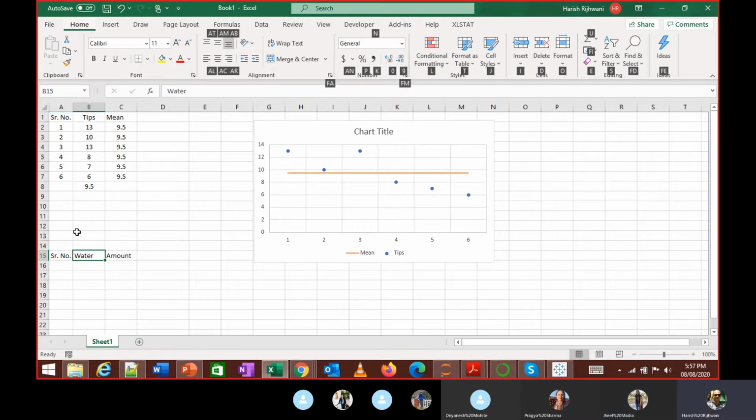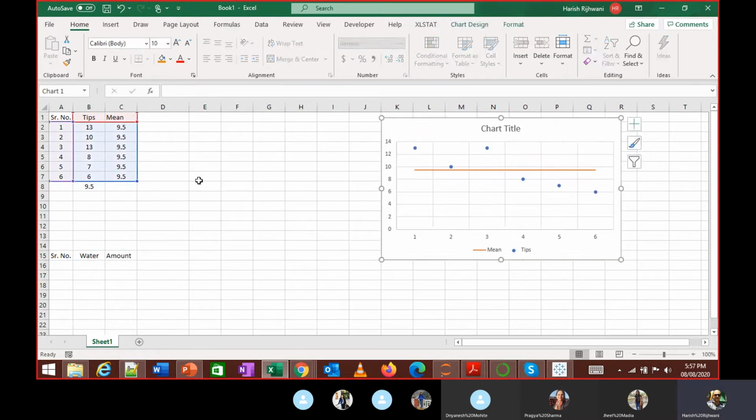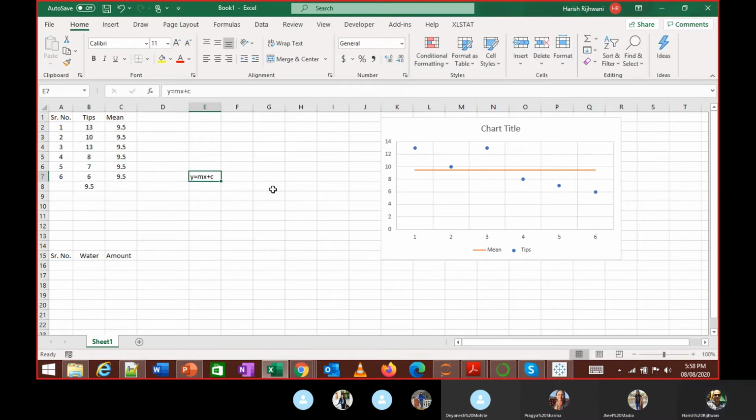So ideally, regression is going to help you identify what is the relationship between two different variables or three different variables. Are they related or is there no relationship? Because the formula for linear regression is y = mx + c, right? Where m is the slope of the line, and c is the intercept, the Y-intercept. So if I have, how many liters of water? 1 liter of water, 2 liters of water?